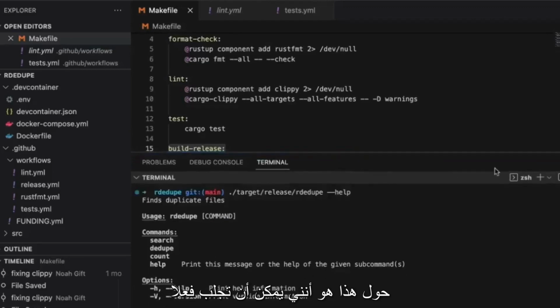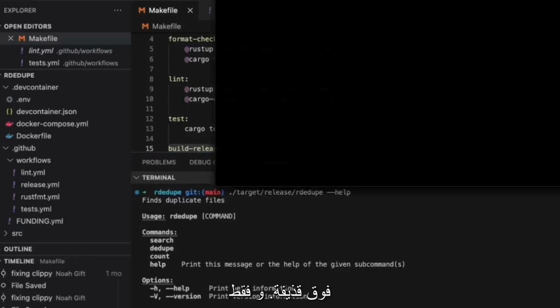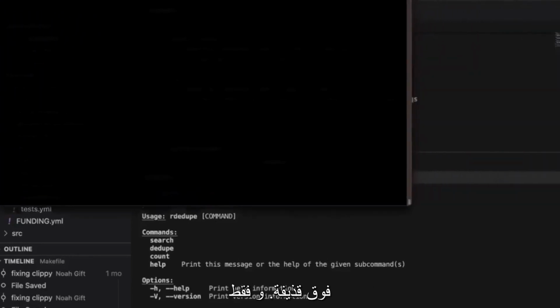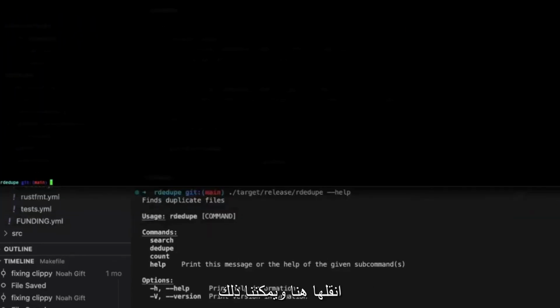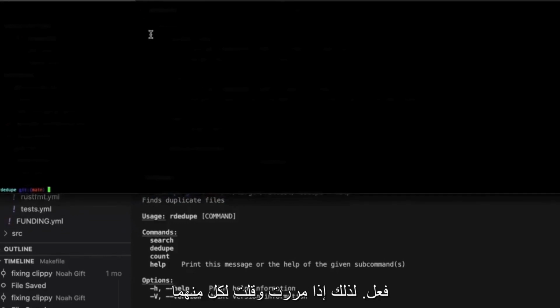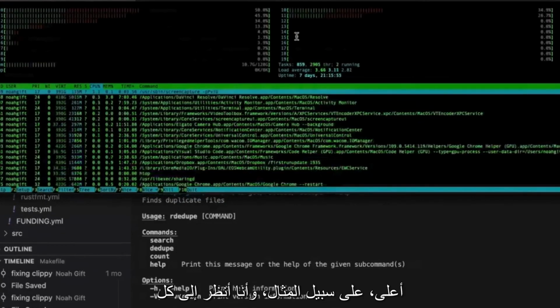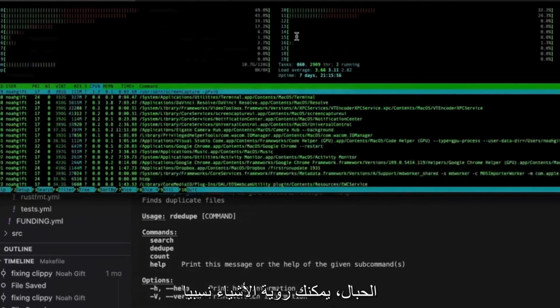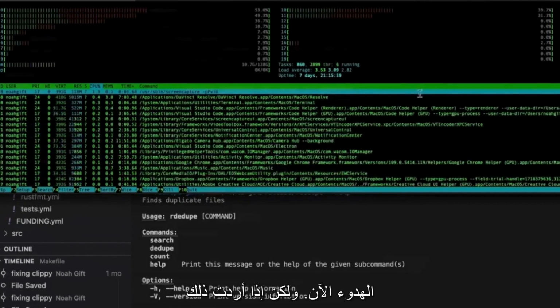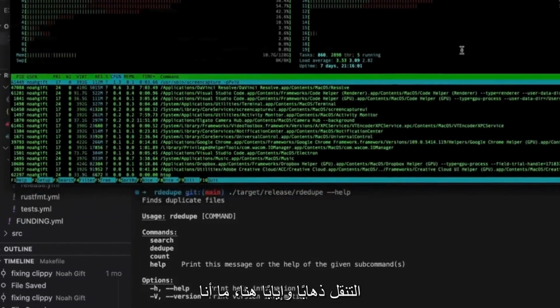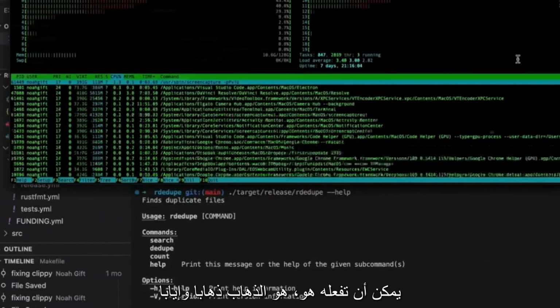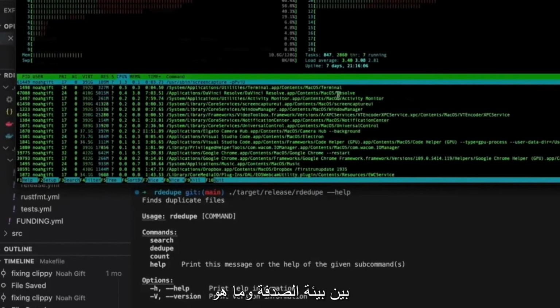And what's cool about this is that I could actually bring over a shell and just transpose it right here. And we can actually take a look at this thing in action. So if I go through and I say each top, for example, and I look at all the cores, you can see things are relatively calm right now. But if I wanted to navigate back and forth here, what I could do is go back and forth between the shell